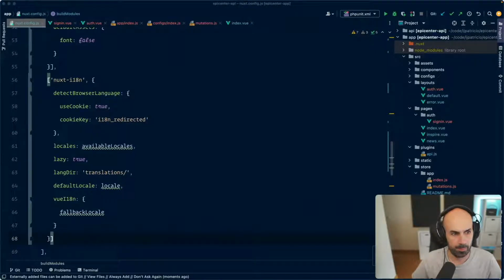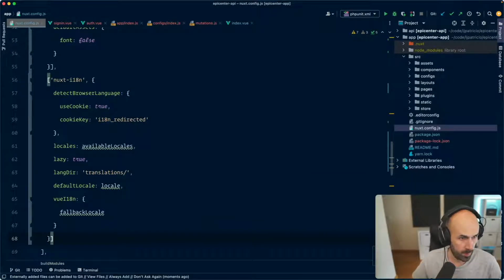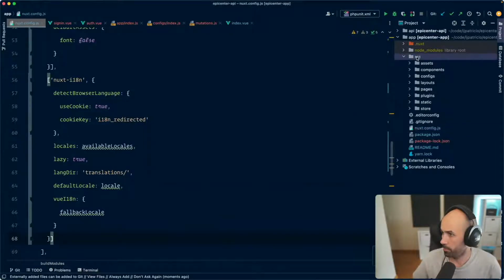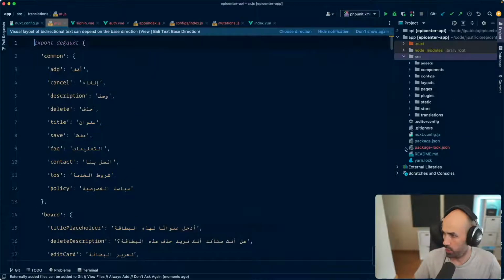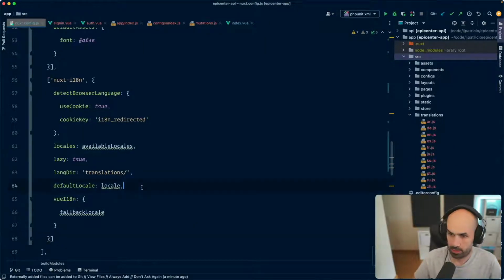Okay, so I think I want to keep it thin. I don't know how this is going to be, but for sure I don't want to leave stuff that is not being used. So okay, so